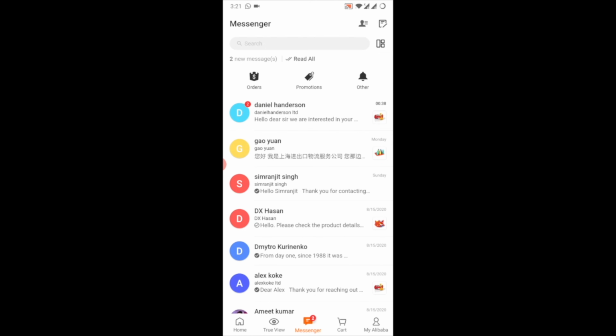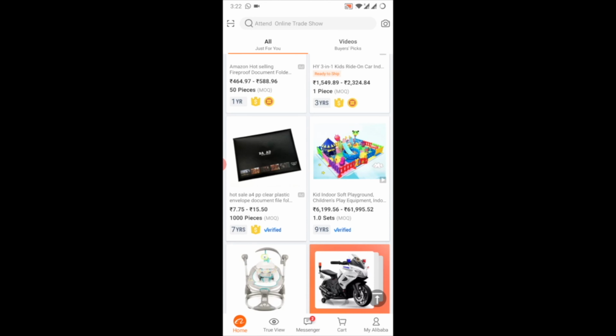So it is highly recommended that you install this Trade Manager app to respond to all these queries as early as possible and maintain your response rate at the highest. That's why you must have Trade Manager installed on your mobile and be active on it all the time to stay up to date. That's the reason you install this app.